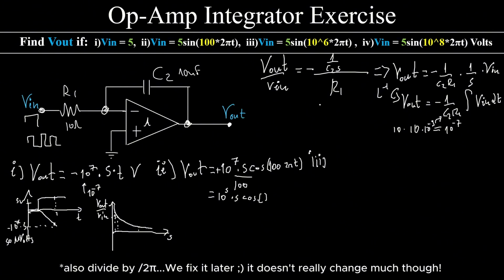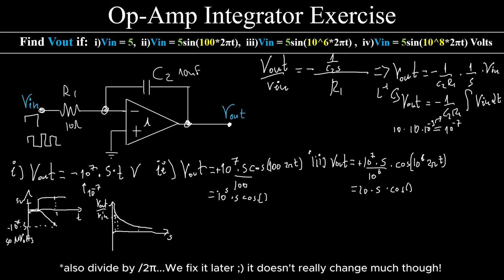This signal is something like this. So Vout, working the same way, will be plus 10 to the power of 7 times 5 over 10 to the power of 6, so it will be something like this, times cosine 10 to the power of 6 2pt. Now, as we predicted previously, the Vout signal is going to be 10 times 5 times the cosine, which